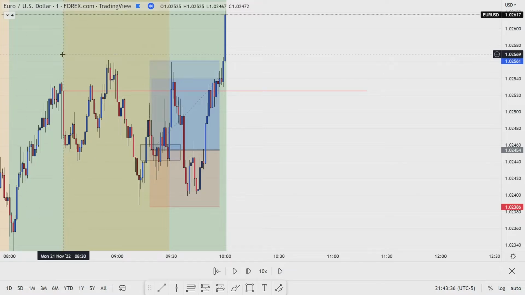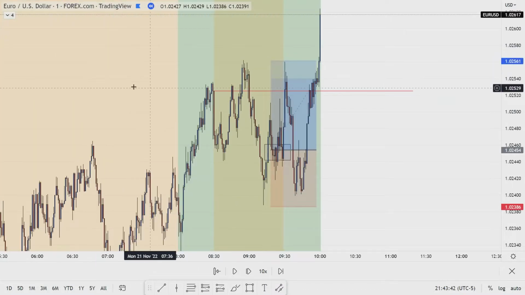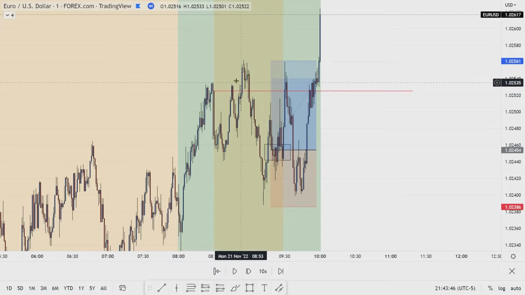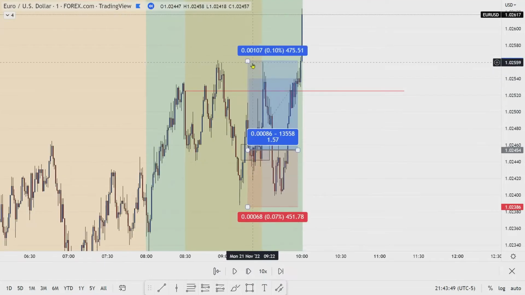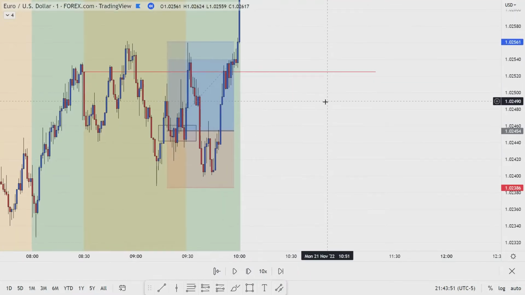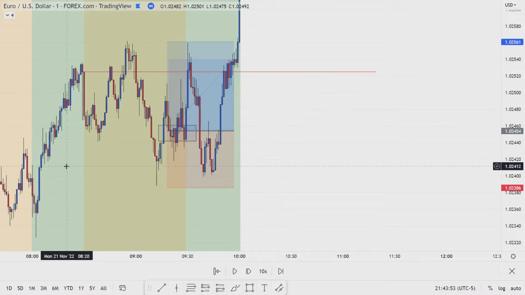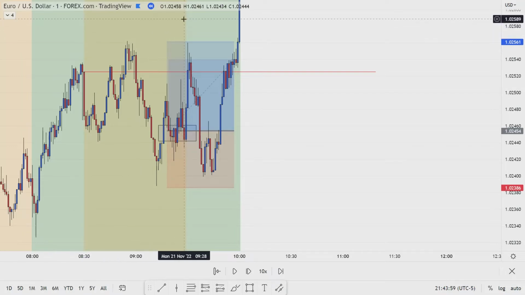this whole tan colored area, which is slightly different than this tan colored area that is marking the London session, is more like an orange or brown. We can see that at the start of it, this is 8:30, and at the end of it, it's 9:30. So the stock market open,